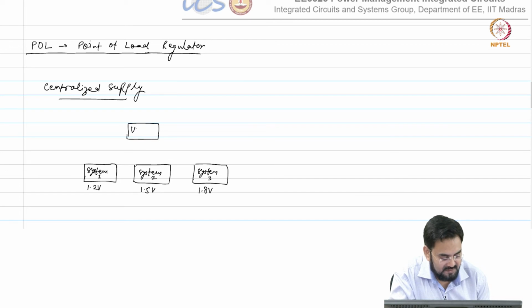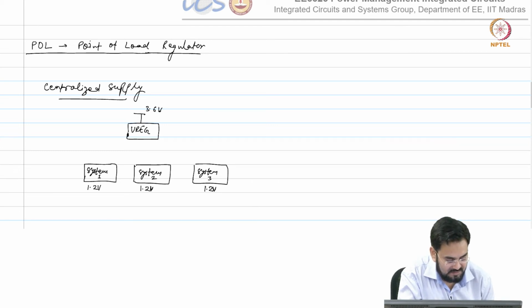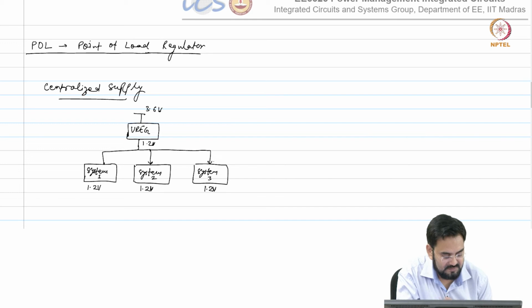So, you have one regulator which is taking input, let us say 3.6 volt. Or, let us better make them the same just to simplify. The other case is also valid, but I want to first start with this simple case. So, 1.2 volt and you distribute them to these 3 modules. Okay.